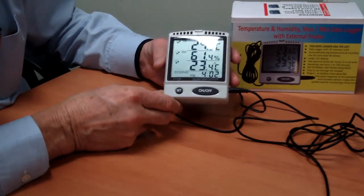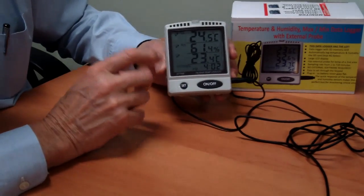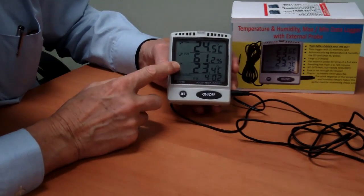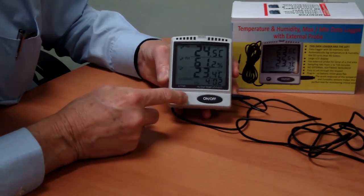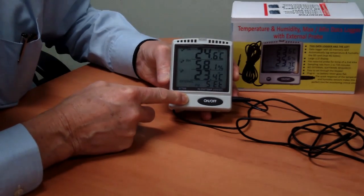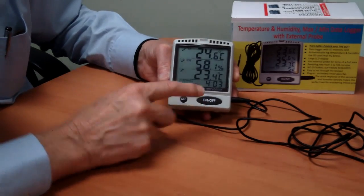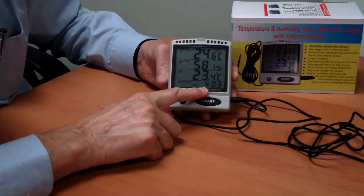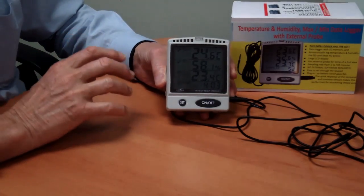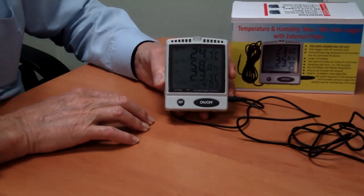So that's completely set up. If we want to use that in a fridge, we would put that in the fridge, put the wire probe in the fridge, wait until the temperature got down to the fridge temperature, and then we need to start it recording. To do that, we push the set and hold it until on rec comes up on the screen. Then release it, and down here it'll periodically display REC, that's rec for recording. So it's actually recording the temperature at this point,